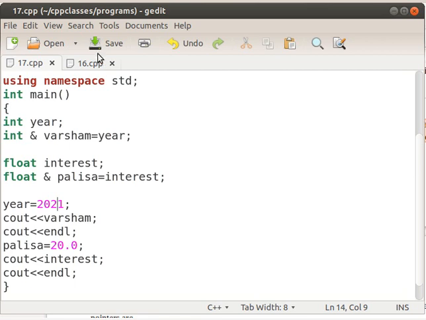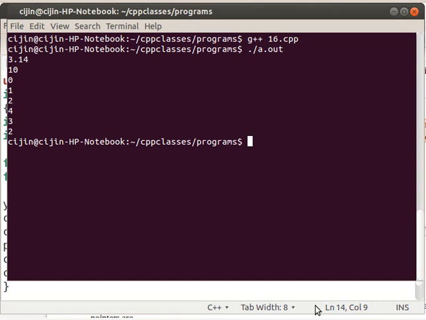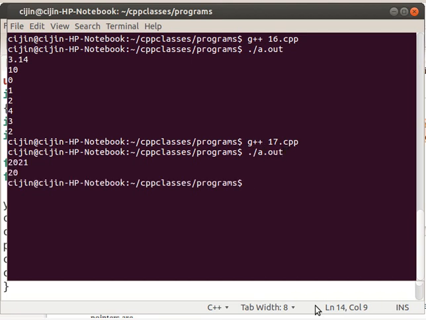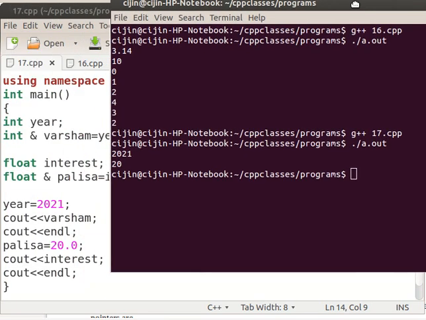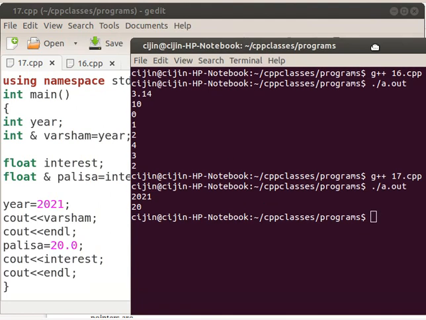Let us see. g++ 17.cpp, ./a.out. Okay, so 2021 and 20 are printed.